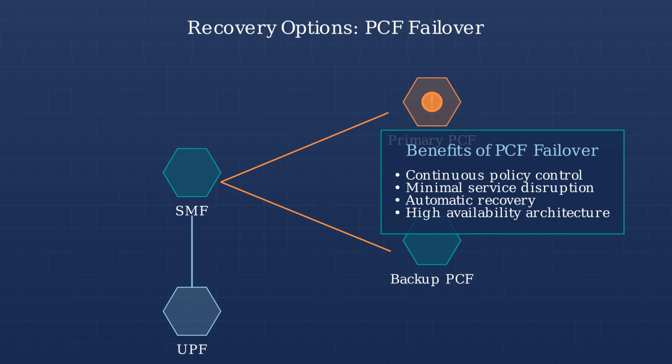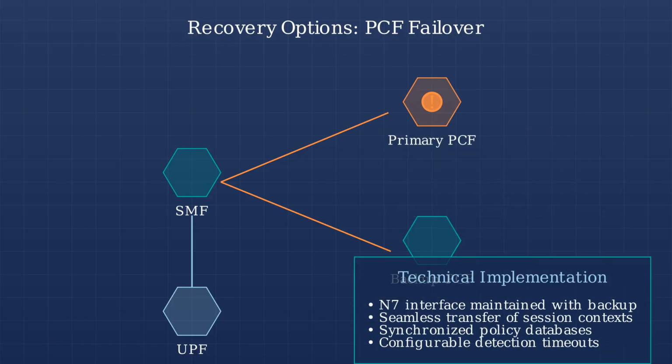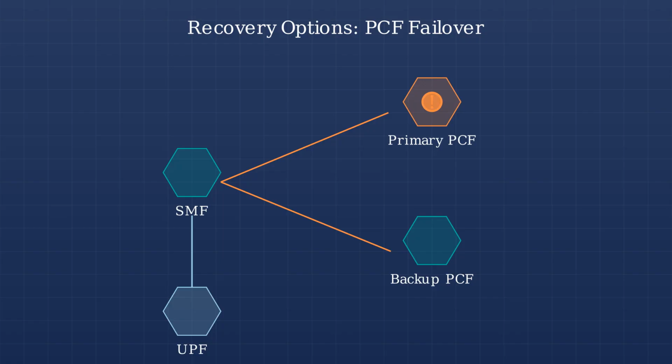This redundancy is crucial for maintaining quality of service in 5G networks. Technically, PCF failover maintains the N7 interface with a backup system, transferring session context seamlessly. Network operators configure detection parameters to optimize failover speed and reliability. With PCF failover in place, the 5G network maintains reliable policy control even during component failures, ensuring that services remain